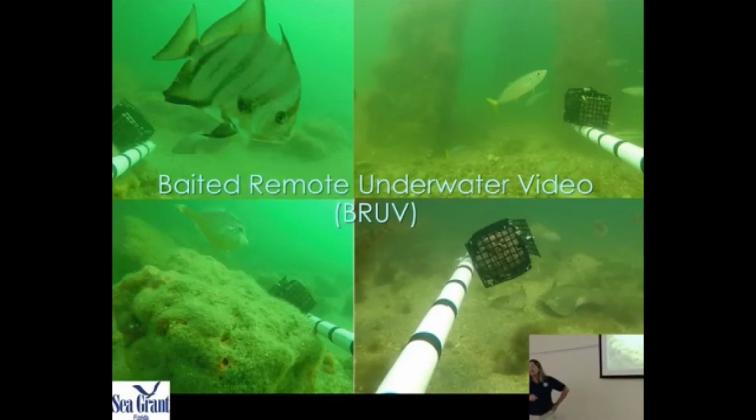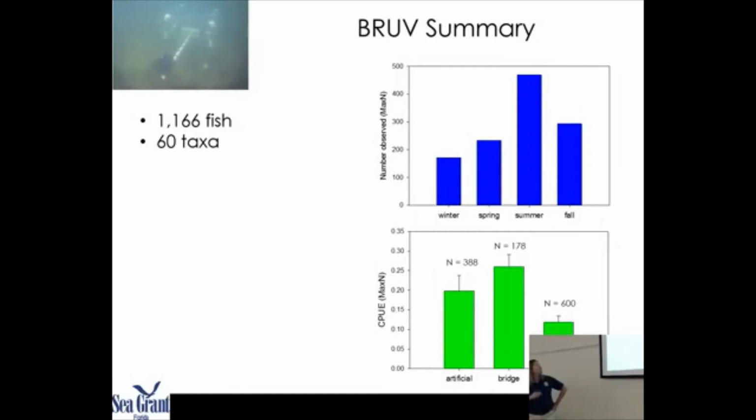We really caught some cool fish; we observed some cool fish on video here. We saw over 1,000 fish last year and 60 taxa, which is cool. The number observed was highest in the summer. And we actually had the most seen over natural habitat. Here's the number, but when you correct for the effort, we actually had more individuals per video on the artificial